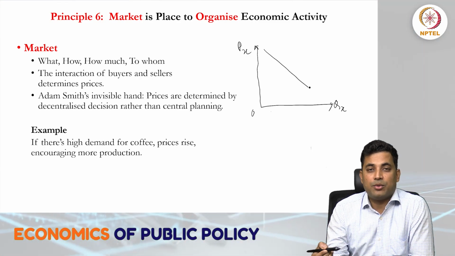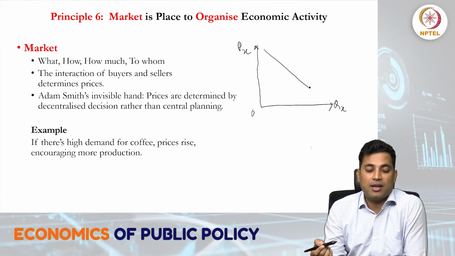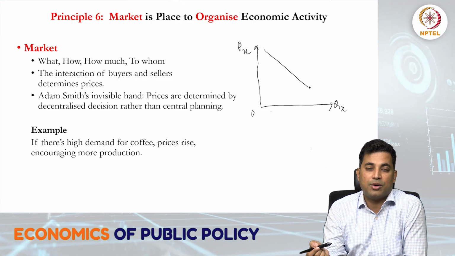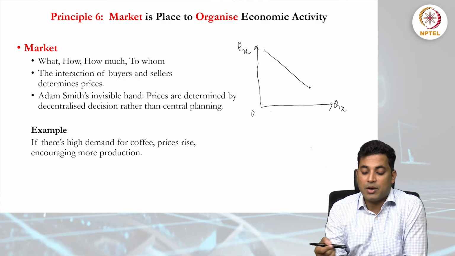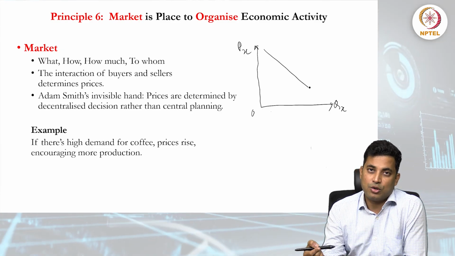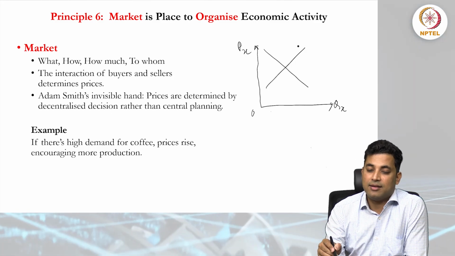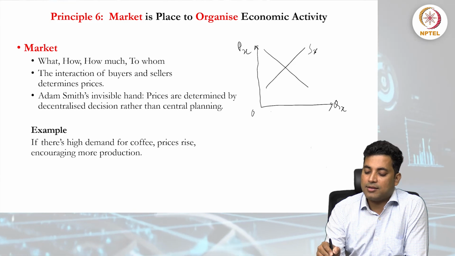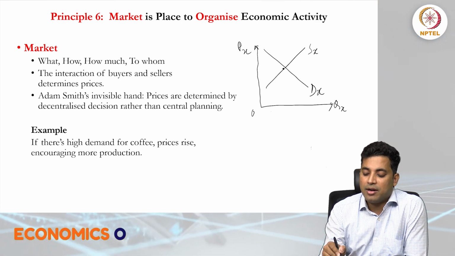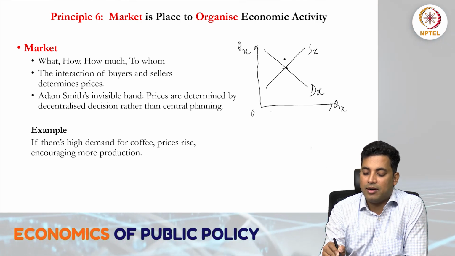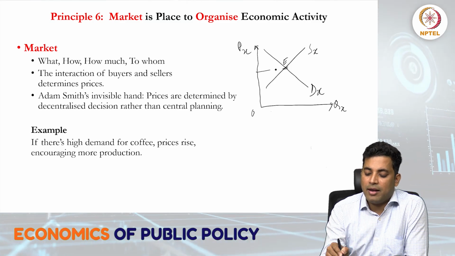We will not explain much why, because you are expected to study principles of economics in detail, and also introduction to microeconomics. That will clarify why the demand function is downward sloping, and why the supply function for a particular commodity like x is upward sloping. So here is the supply curve and here the demand curve for x. They intersect each other at a point, which we can refer to as point E, and E is our equilibrium.